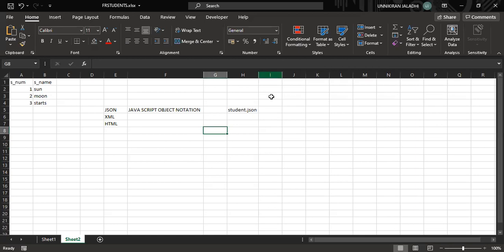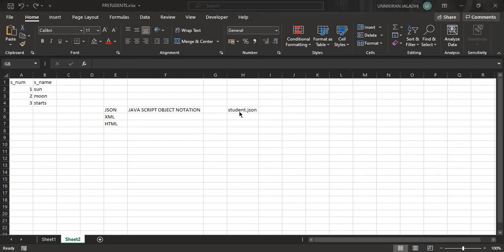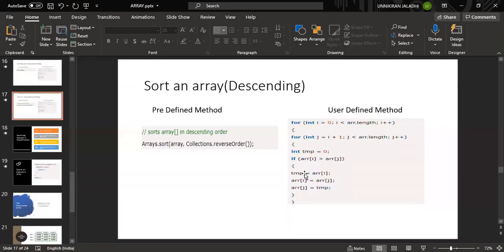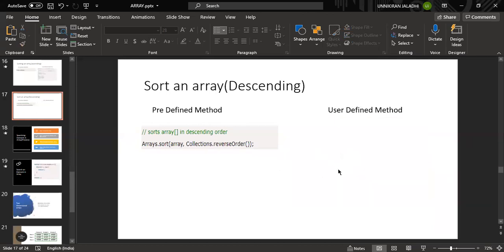Okay, we'll jump into our topic. Let me share the PPT. So we achieved descending order by using a user-defined method also. There was a problem here actually, that's why I deleted this one. It should be a less than. I forgot to mention that, so in yesterday's class I deleted this. I already explained the program, so there is no need to worry about that.